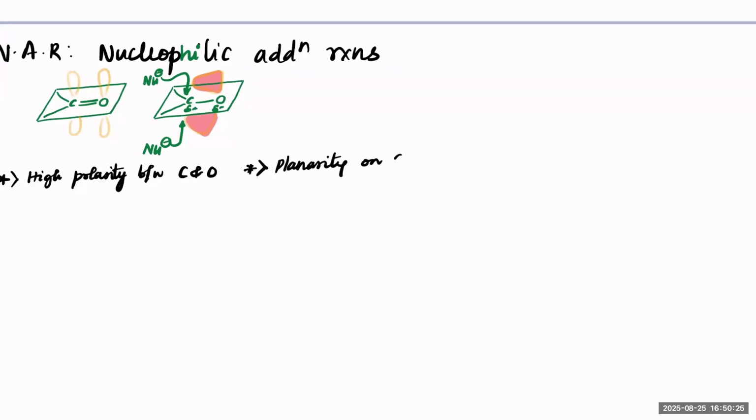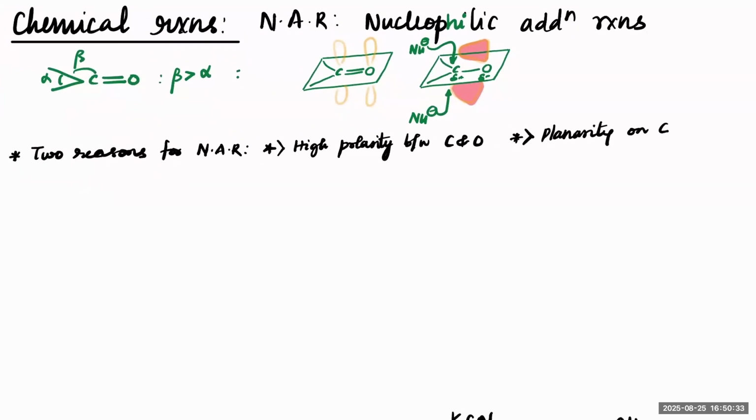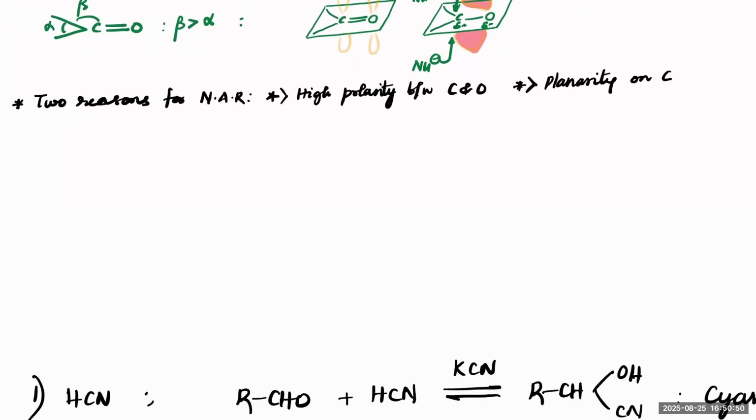Planarity on carbon. Because it is planar, from the top it will be exposed to attack. The rate depends upon whichever will give you more polarity and whichever will give you more planarity. Suppose these alkyl groups are bulkier, then they will hinder the nucleophile from attacking, correct? So therefore, the rate of the reaction,